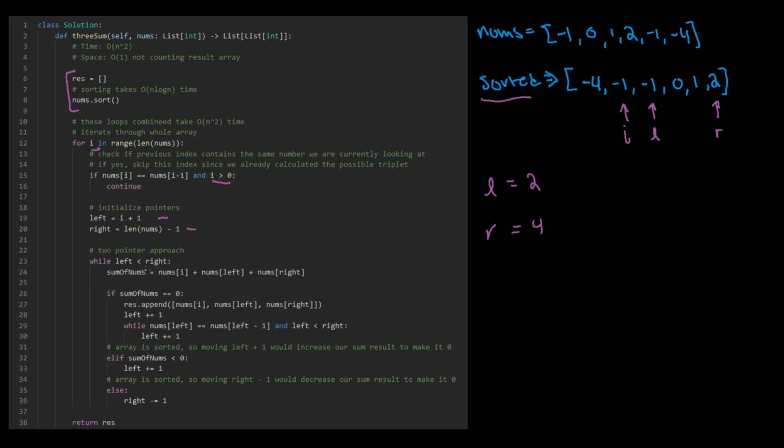So we check the sum of nums. Nums at I plus nums of left plus nums of right. So -1 plus -1 plus 2. Well, we can see that this is equal to 0. So what we're going to do now is go into this condition. So what we're going to do is add this to our result array. So our result array is now going to include